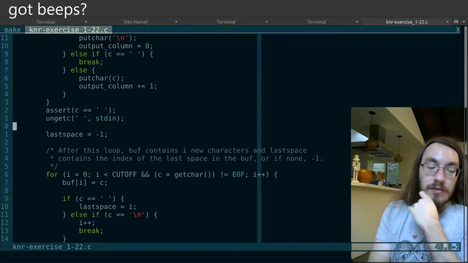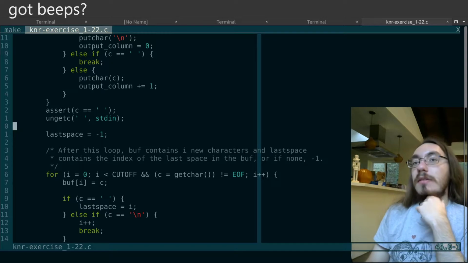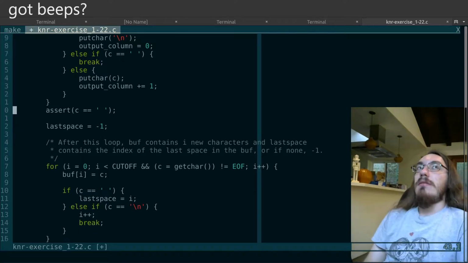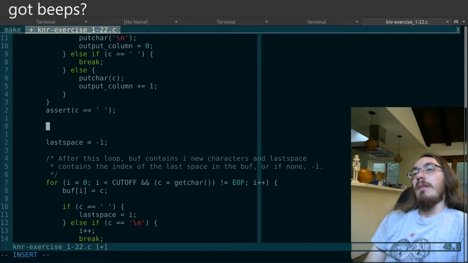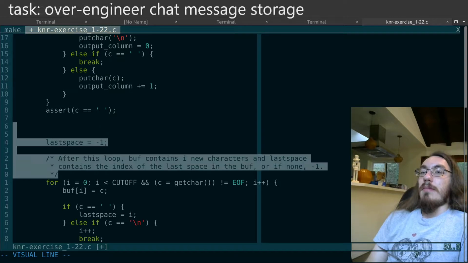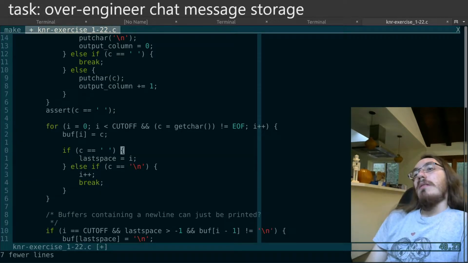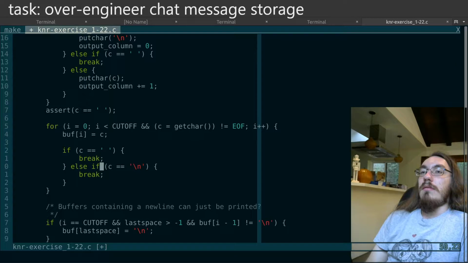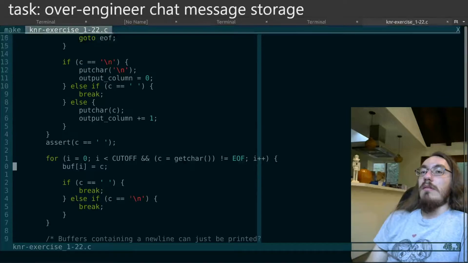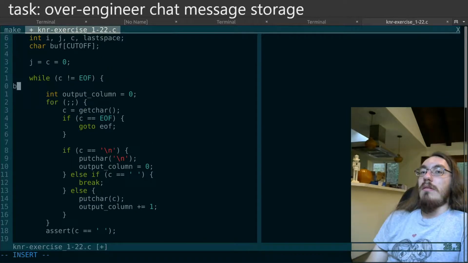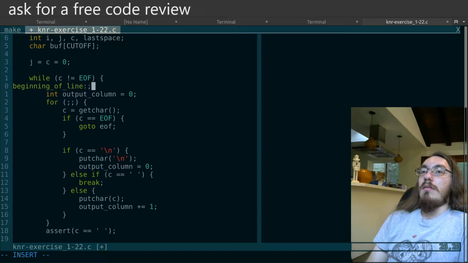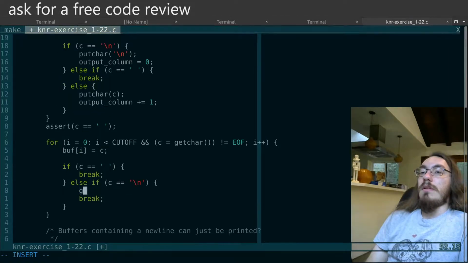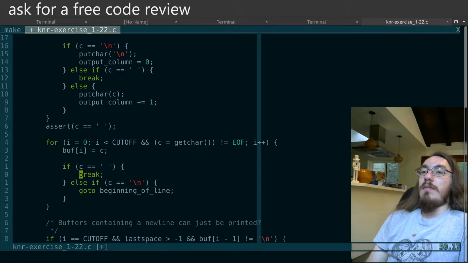Oh yeah, no file operations because that is another constraint. That makes sense. So we read in everything until a space. Now we need to start buffering. So if it's that, go to beginning of line. If it's a space,